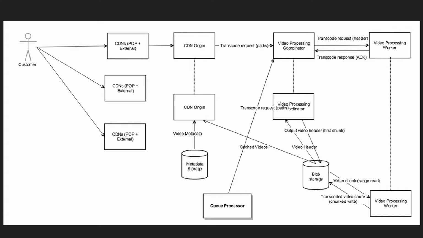The worker layer is able to read the chunks directly, and then produces a transcode output, and it does not return the transcode output to the coordinator. It writes it directly to the blob storage layer. Here we're leveraging what we call chunked writes, which allows you to write the same file with chunk indices, similar to what we do for the chunked uploads. Let's say you have a 35-second video, and you have chunks 1 through 35, a request for each, and they're all writing with the same path to the blob storage, saying this is chunk 1, this is chunk 2, etc. They return some header information, like what the samples are, what eventually needs to be muxed.